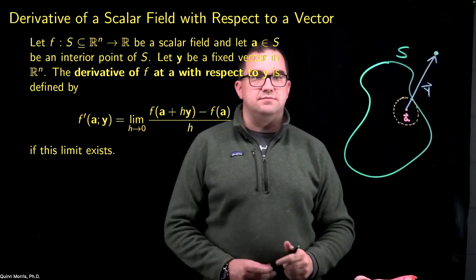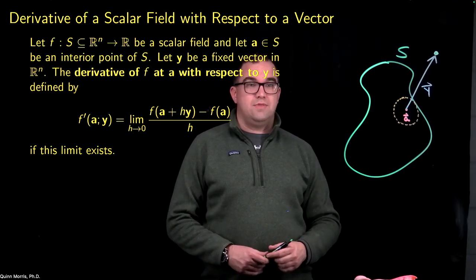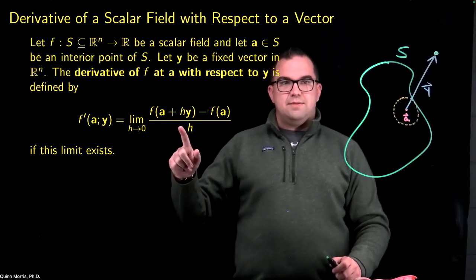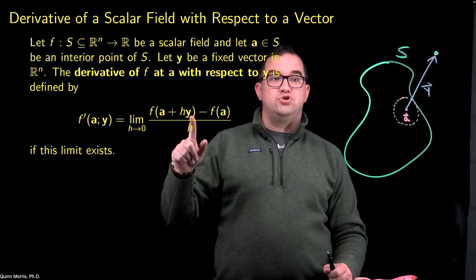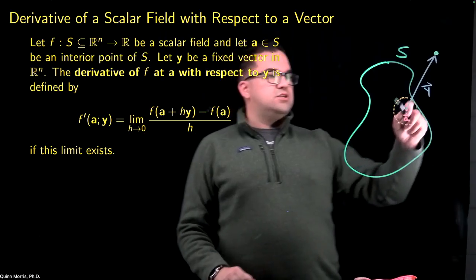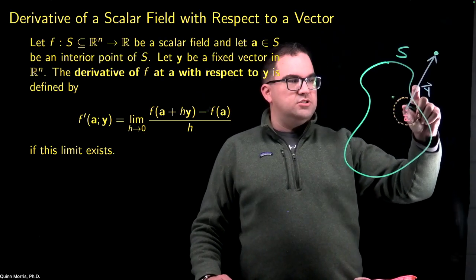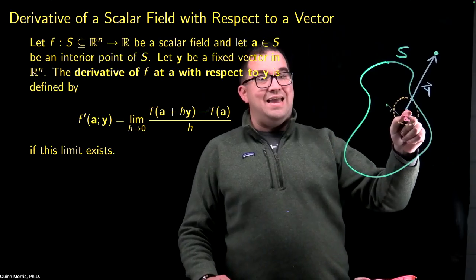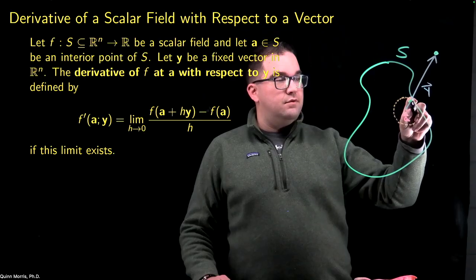That's not in S, so f of A plus Y is not in the domain. So that doesn't make any sense. But notice I'm taking a limit as h goes to 0, and I'm looking at A plus hY. And so what's going to happen is hY is getting smaller and smaller and smaller. Because A is an interior point, eventually